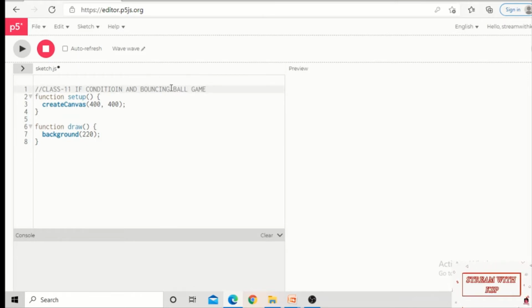Okay. So if you want to create a bouncing ball, first we need to create an ellipse or circle, right? Correct. Let us do that. And you also follow along with me so that you can do it on your own. Let us start by displaying an ellipse on the screen. If we want a ball, either we can display an ellipse or circle. In the previous classes, we have displayed circles many times. In this class, we will use the ellipse instruction. So I'm writing the ellipse instruction.